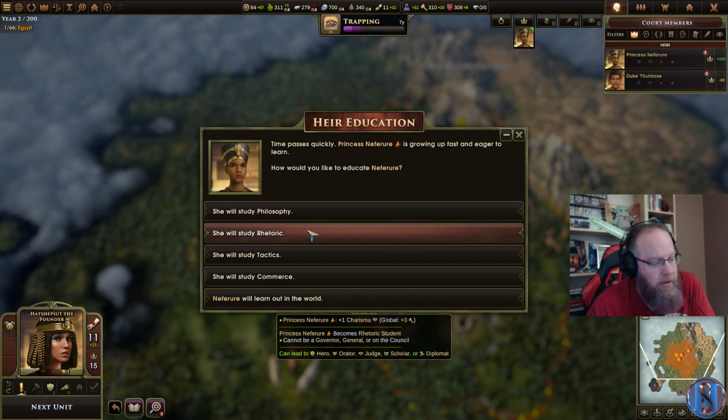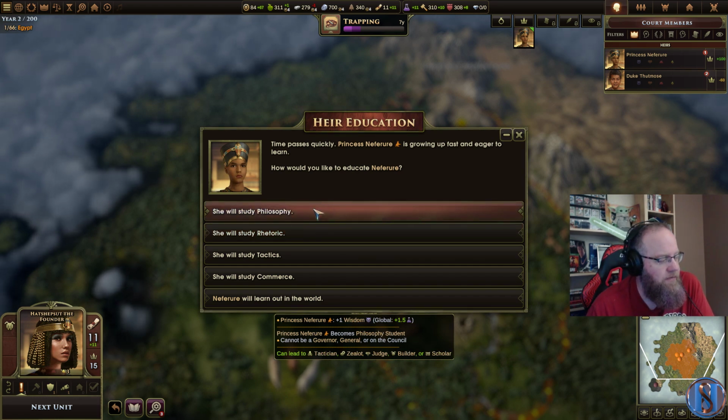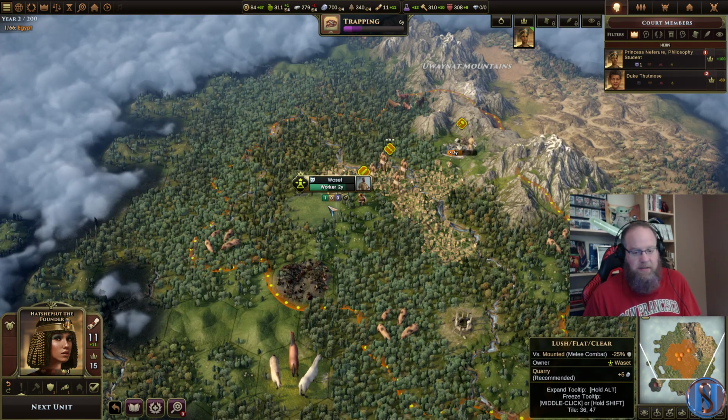Rhetoric's also another really good one. Having a really high diplomatic leader can be really strong. But I'm going to go ahead and try philosophy out here. Not necessarily the perfect strat. I don't know this game inside and out, so